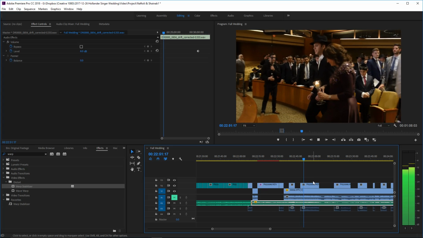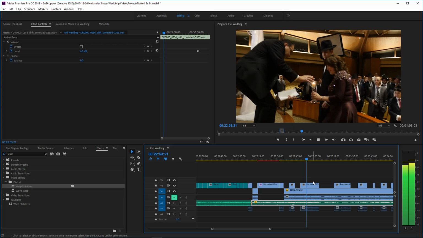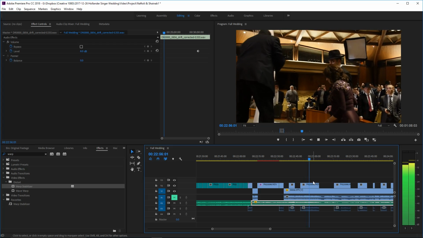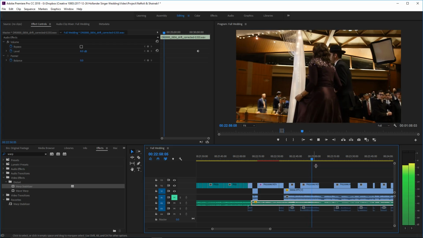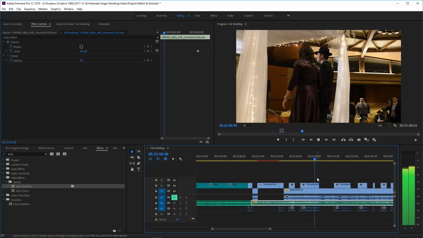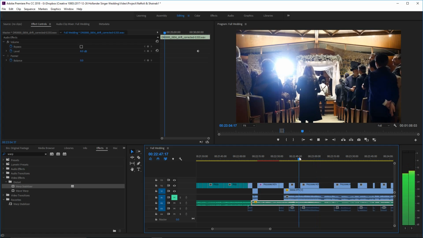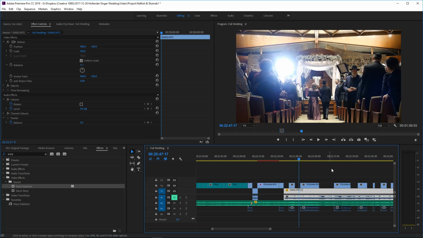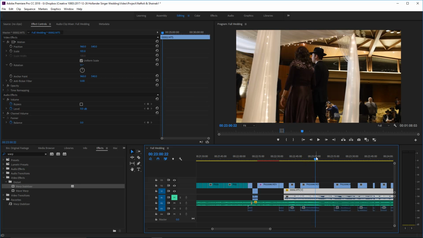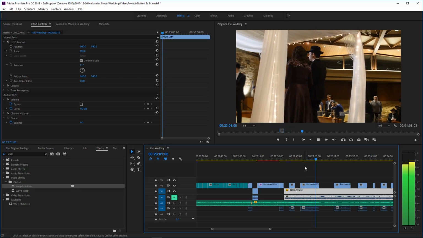I don't like to overuse the second camera, but I do feel that it worked and it added over there. So I'm going to go ahead and use it. And it allows us to stretch this footage right up to the point where he is, where the music actually stopped.